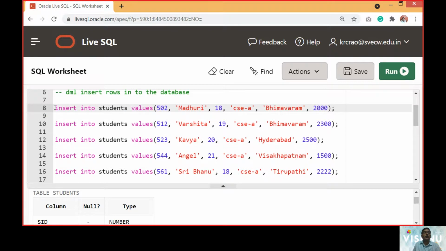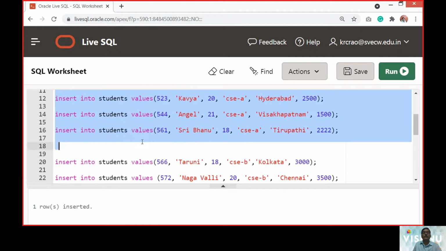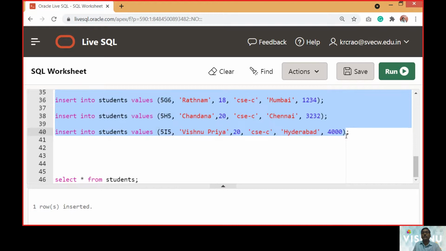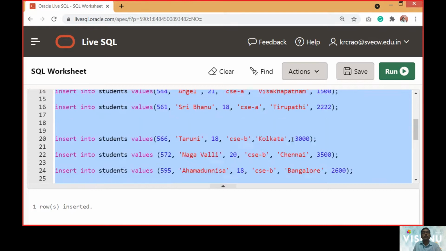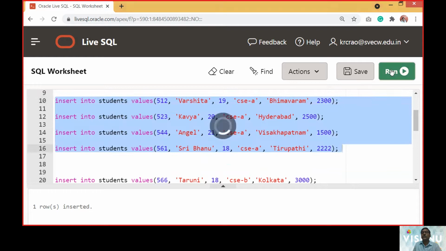Right now I can execute a single row. One row is created, you can find it here. Similarly, I can execute multiple rows. Let me execute the first 4 rows here.